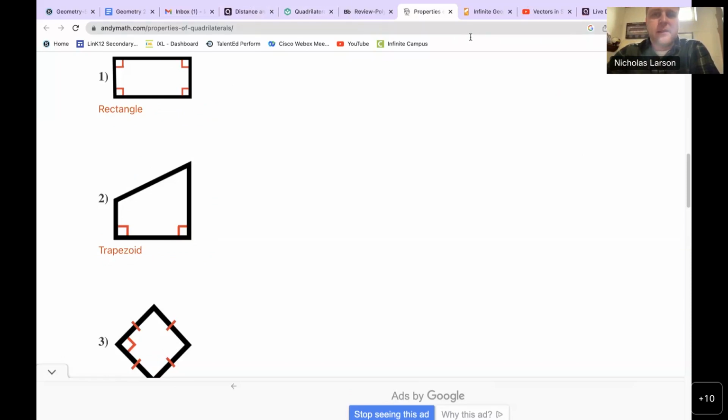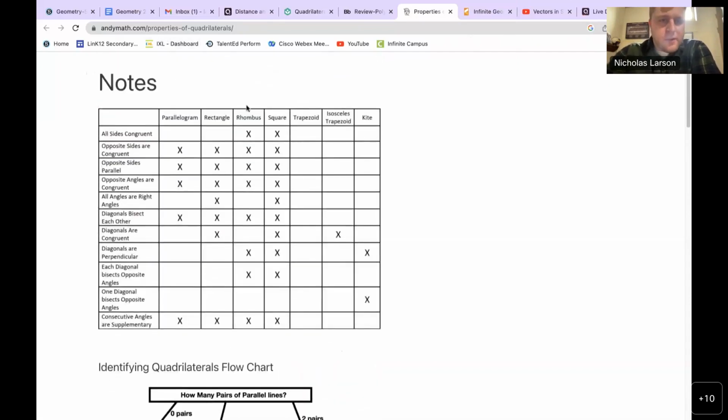got this toolbar stuck up here. Hold on one second. See if I can move it. It's right in the way. So if I look at trapezoids,